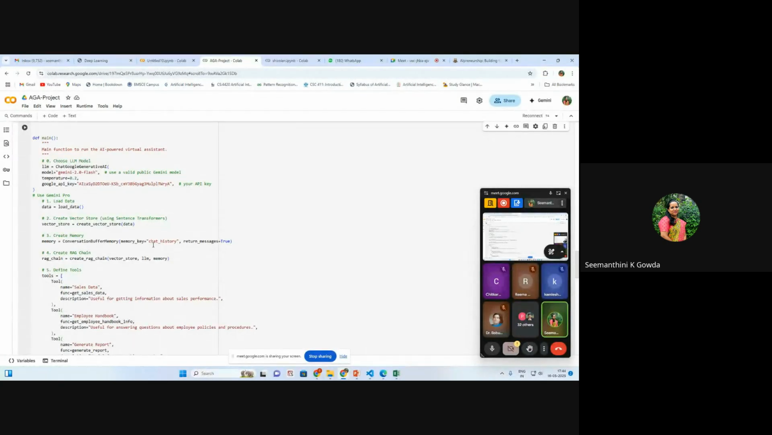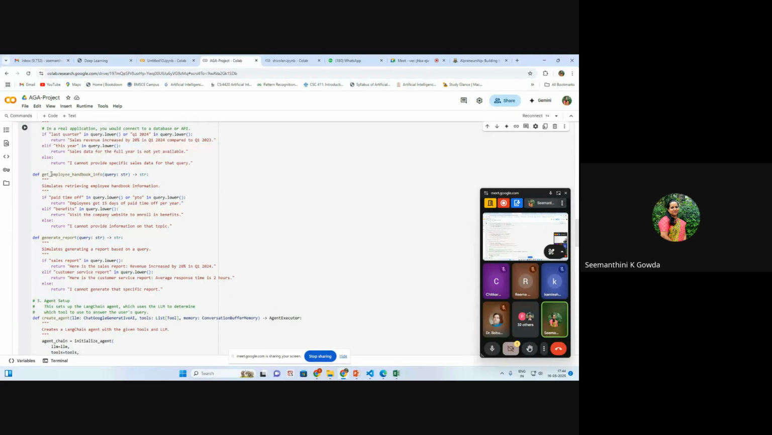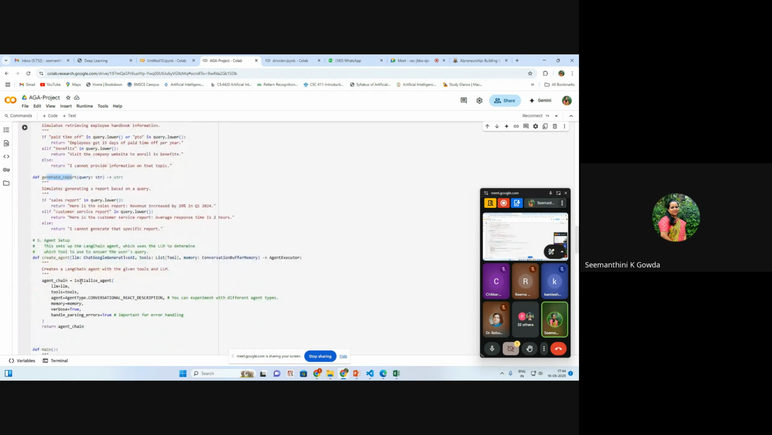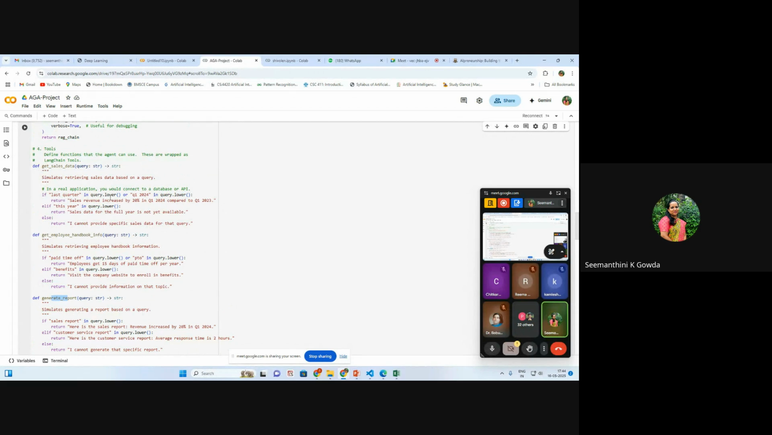I have created three tools. One tool is for getting the employee handbook information, the second one is for generating the report. One is for the sales data, employee handbook, and generating the report. These are the three tools which I have created here. And when I execute this,